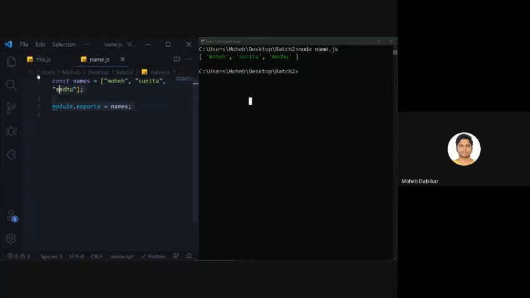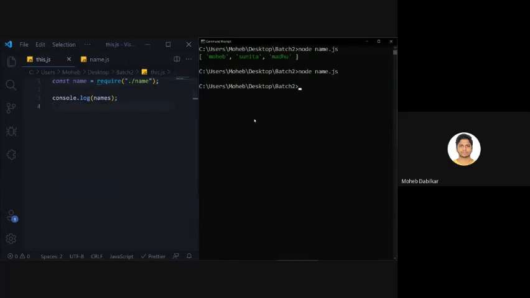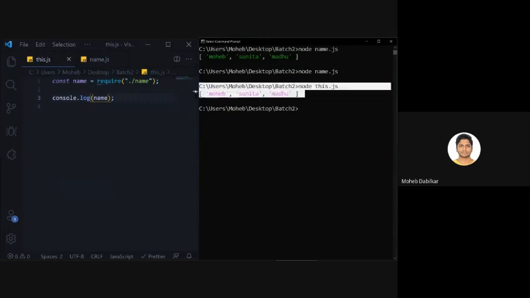All right, so once you say module dot exports names, before doing that you will have to import this. So you will say const name equals require, and then the location of the file. So we have dot slash name. Now if I try to console log name over here, and run this dot js, it gives me the names.